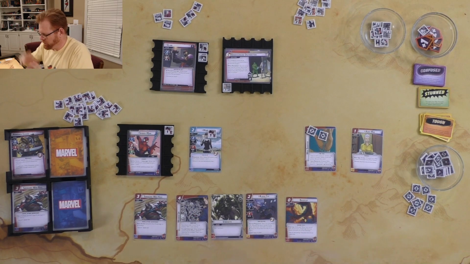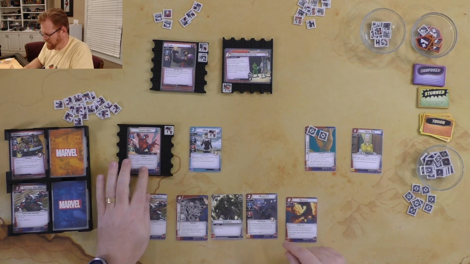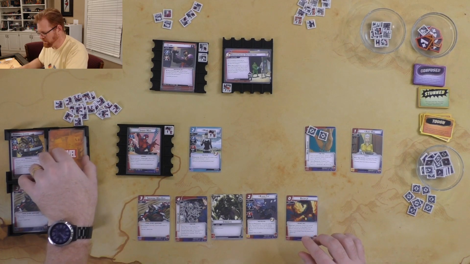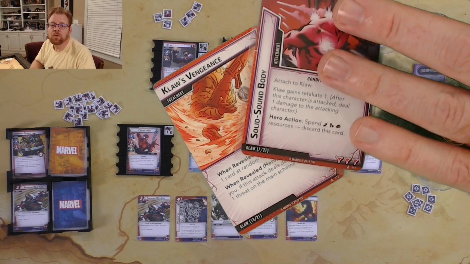Okay, we're back over to the villain's turn. So Underground Network's going to go up 1. Underground Distribution goes up 1. Klaw is going to see Spider-Man out there. He's going to come attack Spider-Man. Spider-Man will take this attack. Klaw's going to get 2 boost cards. And what we get is a 2...